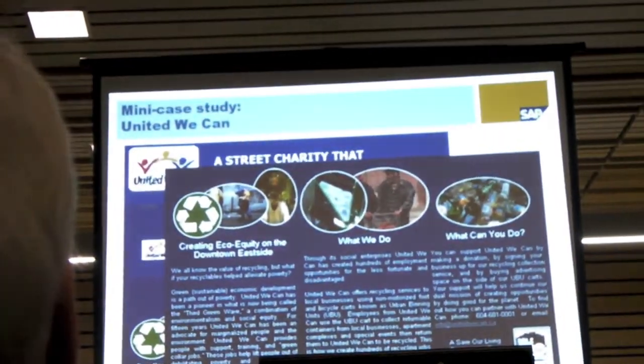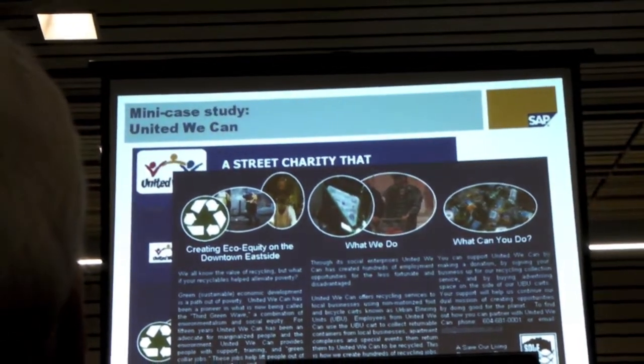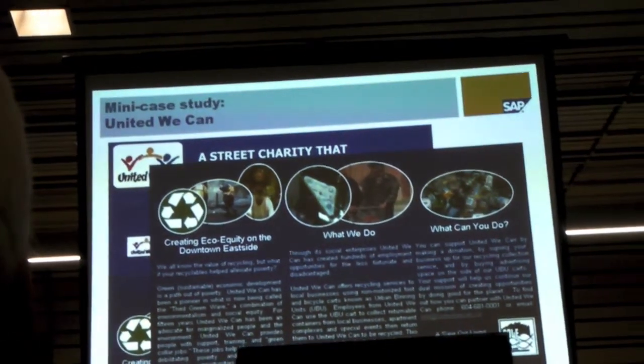And when you look at their mission, that's even a bit more. Through self-sustaining urban enterprises, United We Can creates community income and job training for people in Vancouver's downtown east side. So that's actually not a bad statement. It's relatively concrete. The challenge is that there's nothing on the website that actually articulates to people whether they're actually doing this or not. So one of the things I do know, from a study that Vancity did with them,